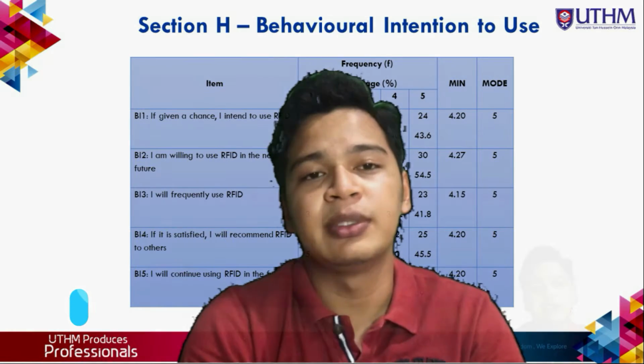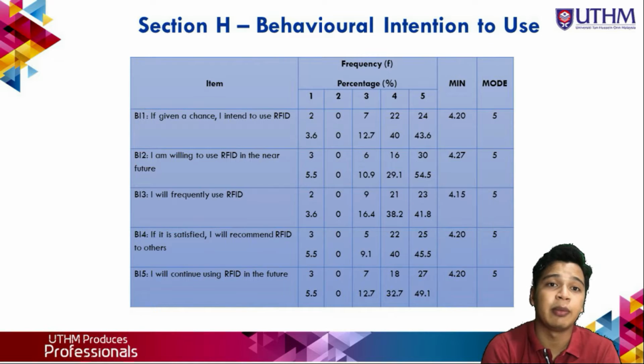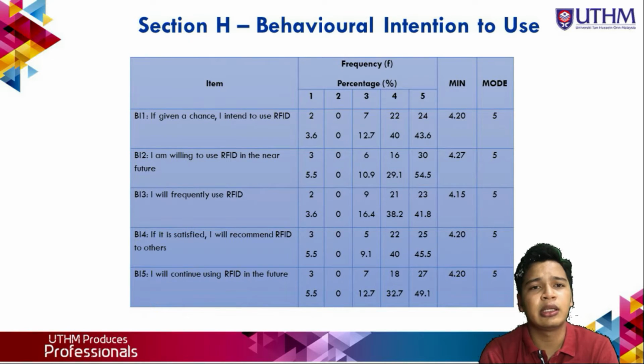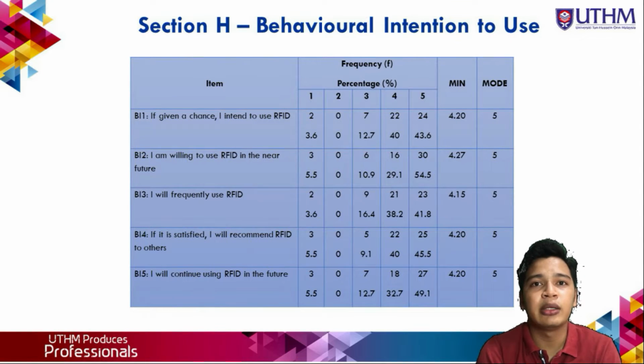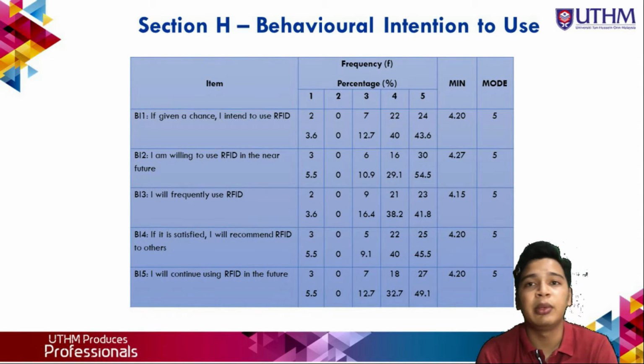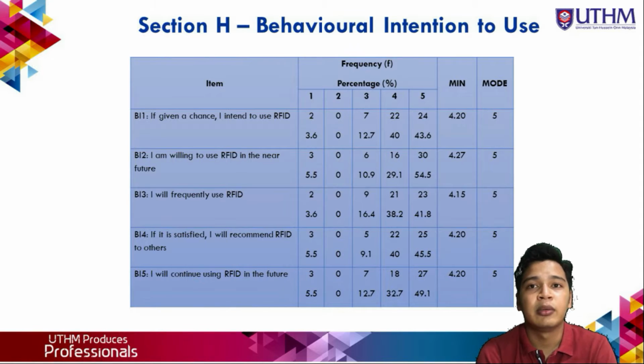is mean 3.95. So to continue the presentation, I will present section H, where we have examined the respondents' view on the behavioral intention to use the RFID toll payment. As we can see on the table, the highest behavioral intention to use is for the statement "I am willing to use RFID in the near future," which has a mean of 4.27. Meanwhile, the lowest behavioral intention to use is for the statement "I will frequently use RFID," which has a mean